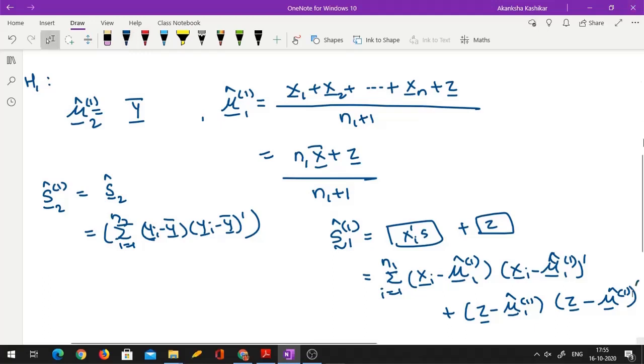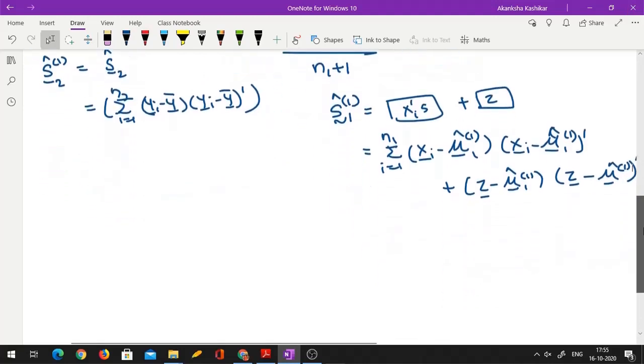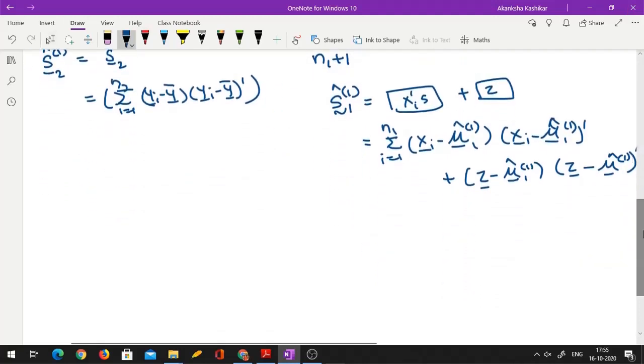Okay, let us try and simplify this further. Suppose I have y1, y2, up to yn2 coming from np(mu2, sigma). If we can simplify this further and relate it to the usual CSSP matrix, sigma hat and S. So if I want to relate all this to the usual CSSP matrix, I will need to bring in x bar, right?